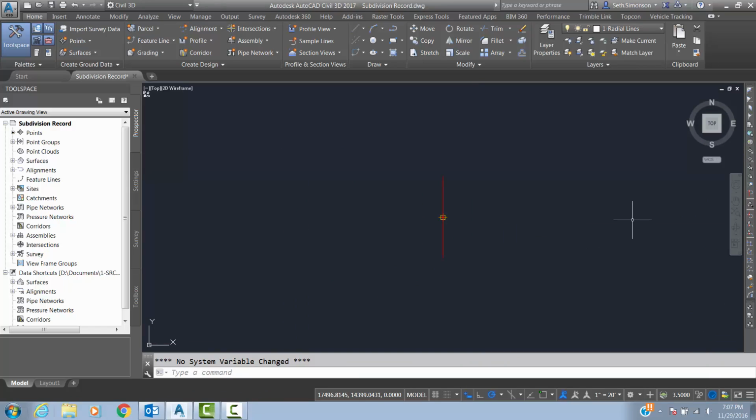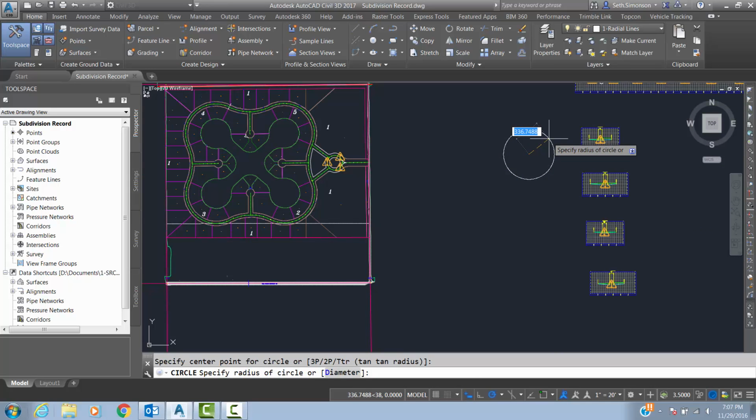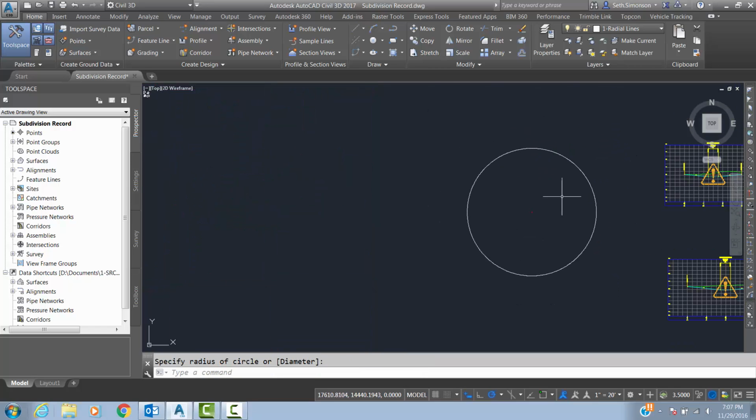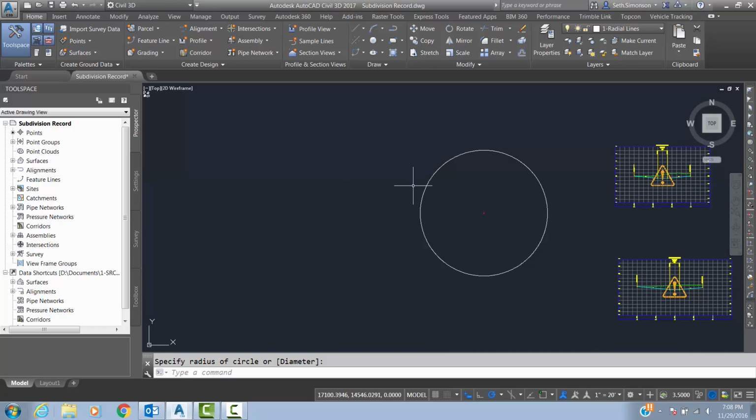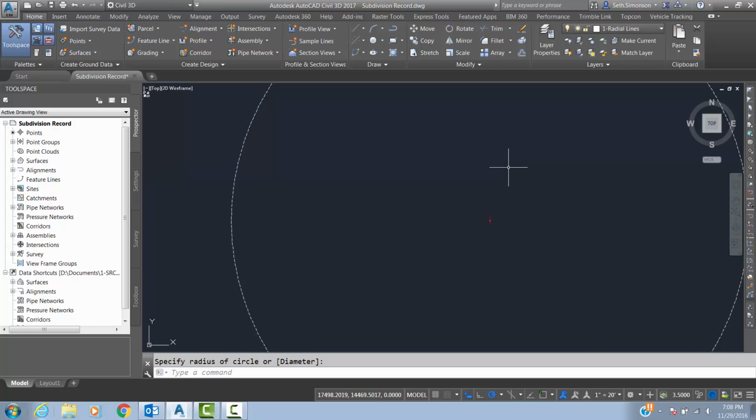Another thing that I like to do right off the bat is to create a circle. So C, enter for circle, and based off of that point, just create a circle. So now I know where to find my assemblies if I need to. Otherwise these little assemblies can get lost in everything else in the drawing. It's just for reference. Okay, so now we go back to our assembly marker,